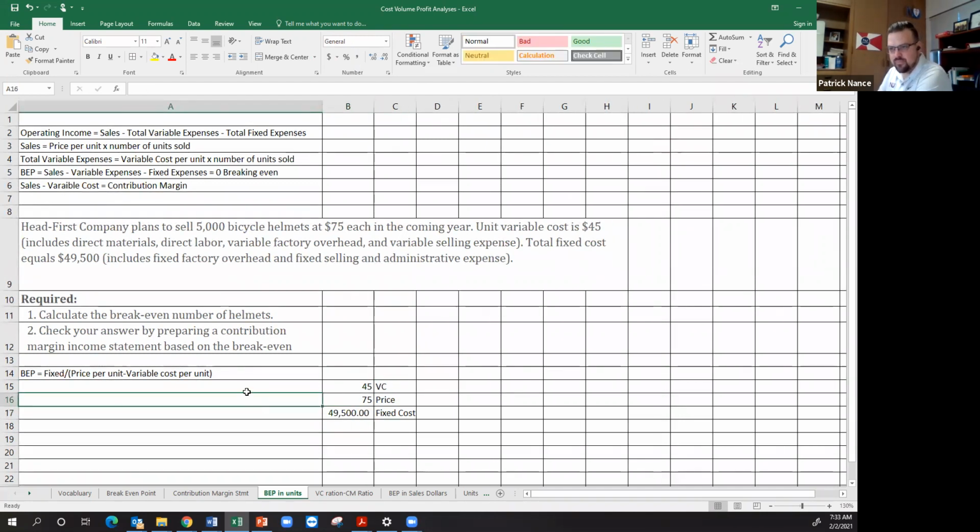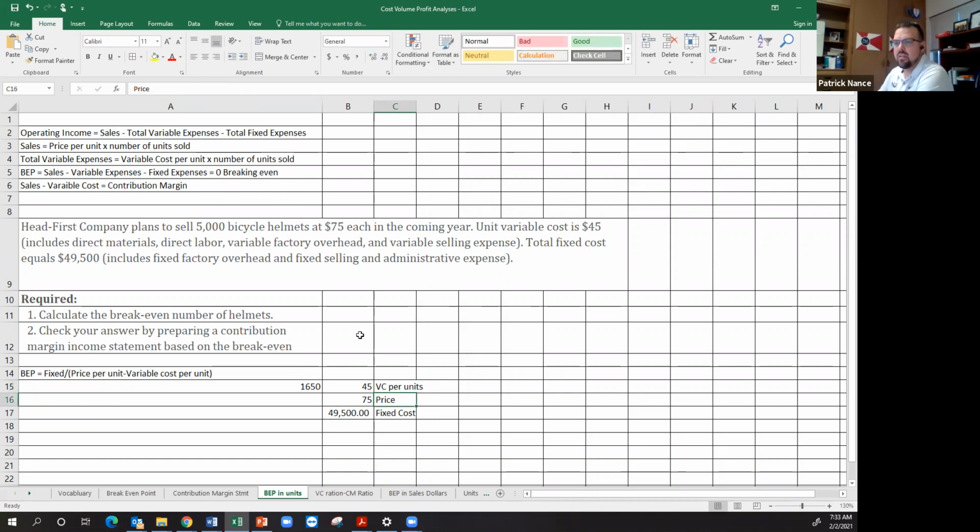So that means I can just plug this in now. I've got my break-even point equals fixed cost divided by, and I'll put parentheses, my price per unit minus variable cost per unit, which gives me 1,650. So 1,650 units